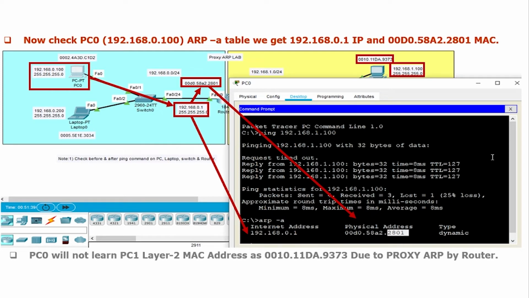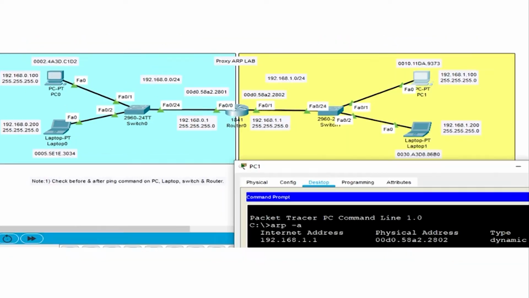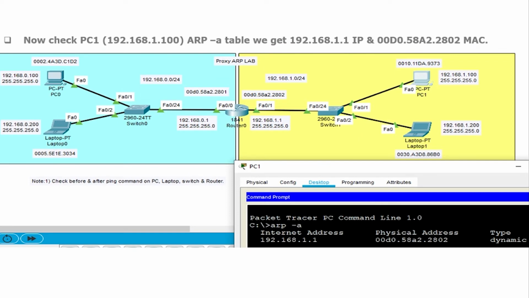Now PC0 will not learn PC1's layer 2 MAC address, 001011DA9373, due to proxy ARP by the router. Now this query has been stopped because of proxy ARP, which has its limitations.